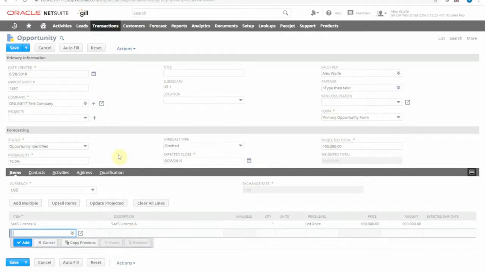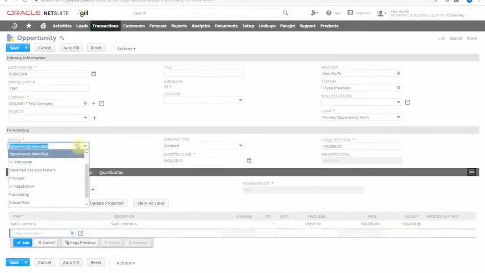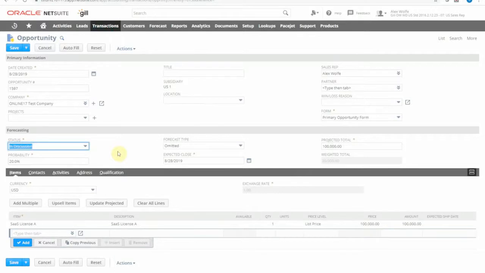We have it set up right now that when an opportunity is created, it defaults to a status of opportunity identified and a probability of 10%. If you select the next status down, you can see that the probability of conversion increases to 20%. You have the ability to easily adjust the statuses and probabilities to match trends that you see happening in your